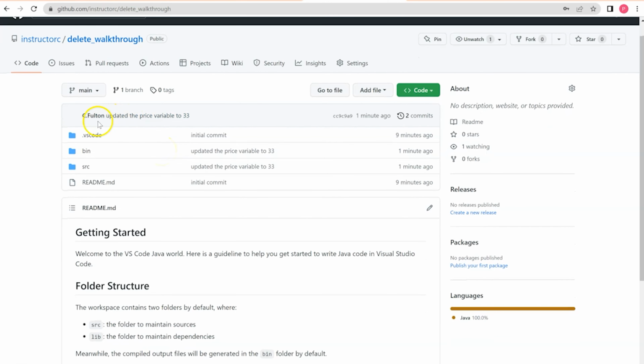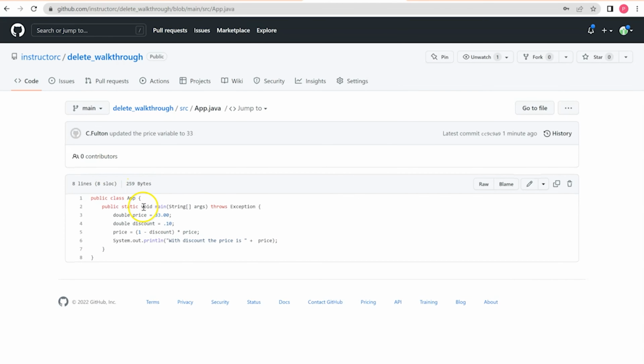You'll see that in GitHub in the interface, it updated the price variable to 33. And if we go into our source code, App.java, you'll see that that change is now reflected here. And again, if we go back to our terminal here